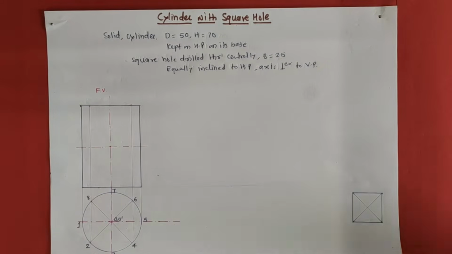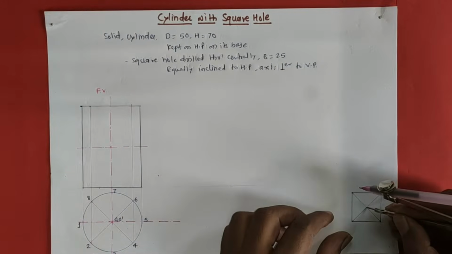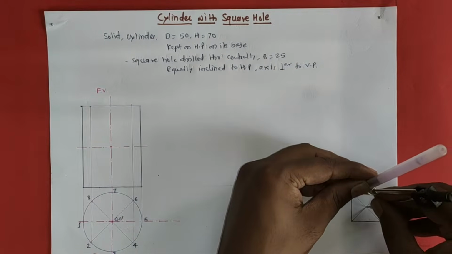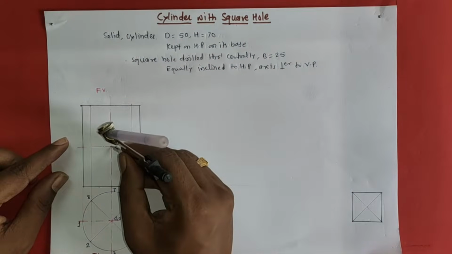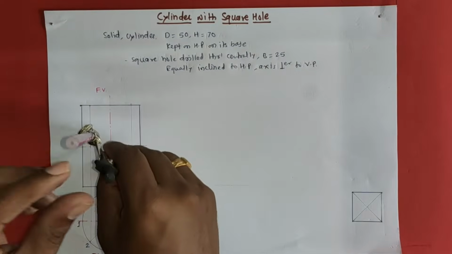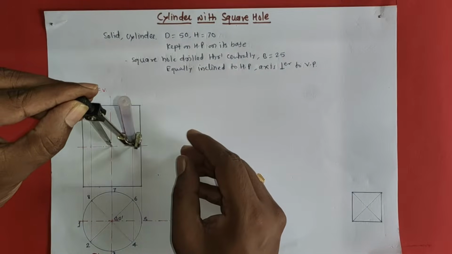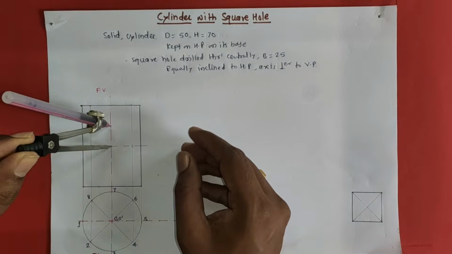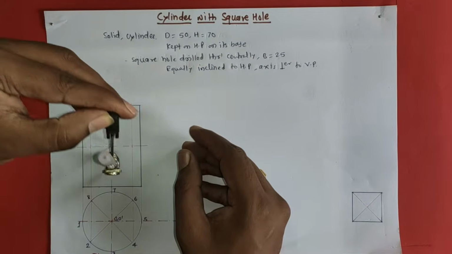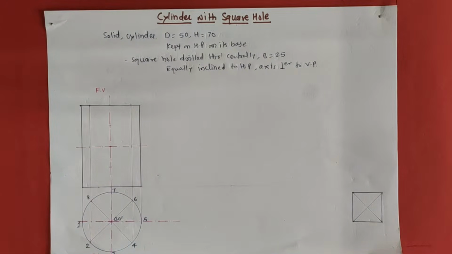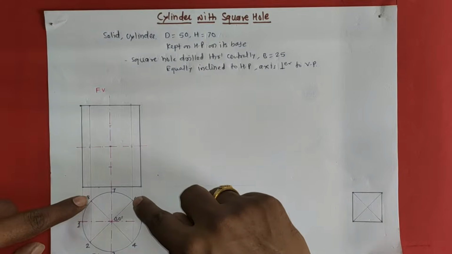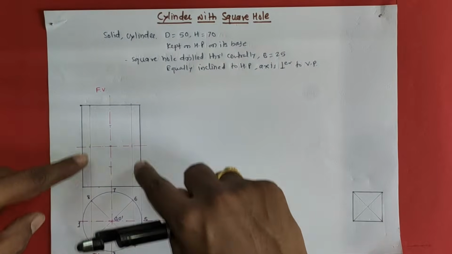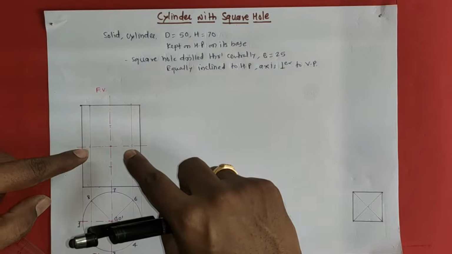Now in the compass take half of the diagonal distance. Okay, take half of the diagonal distance in the compass, put it at the center and mark 4 points, 1, 2, 3 and 4. Okay, I have marked 4 points. Now see here, I have drawn exact to the scale, hence these 2 points are coming on 8, 2, 6 and 4 generators.